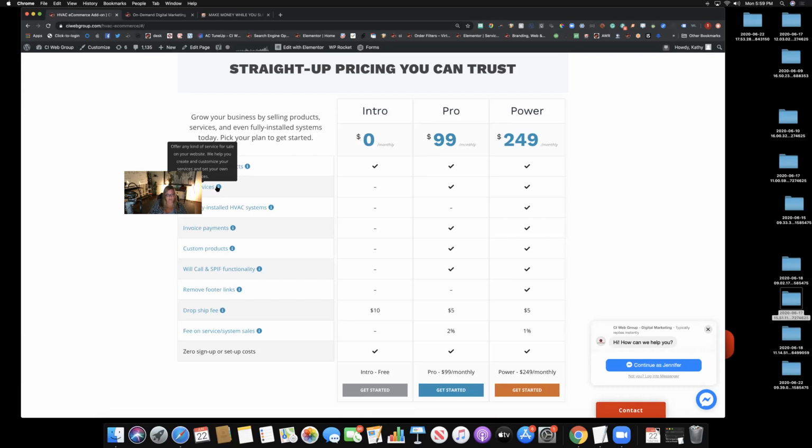So we've already created the products inside your back office for you to be able to sell your fall tune-up, your spring tune-up, a maintenance agreement. If you have multiple maintenance agreements, you can put those on there. It gives you the ability to sell services in the form of a one-time or monthly or quarterly or semi-annual or annual recurring subscription. So for $99 a month, this will have you completely set up to showcase your maintenance agreements, your tune-ups, any other monthly recurring subscriptions you may have. And you can do that all with one application.